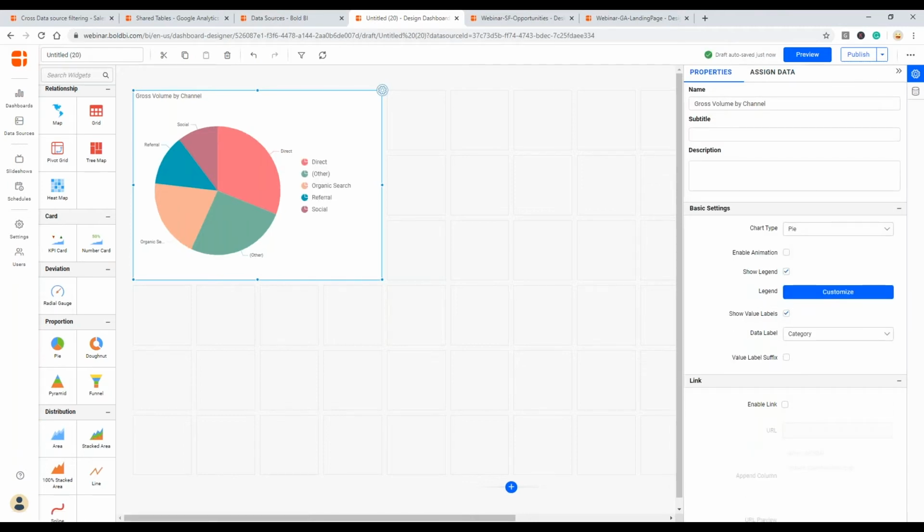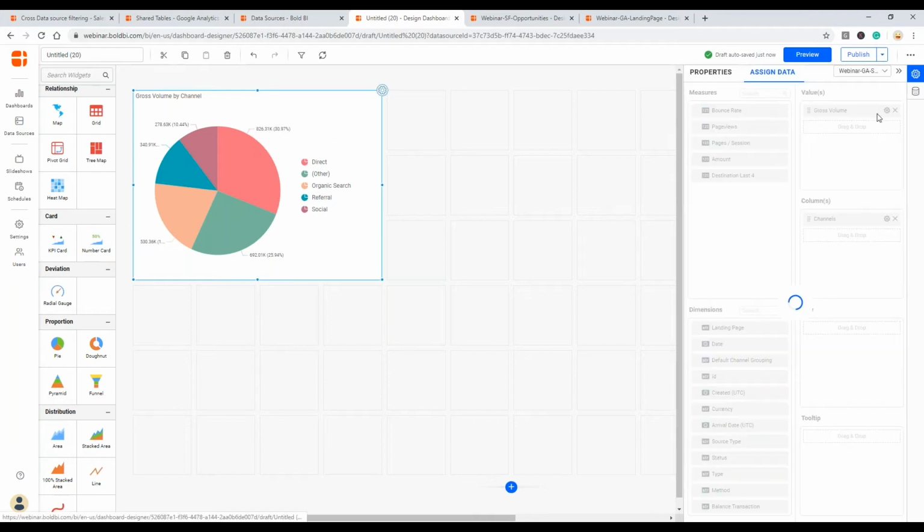In the properties, let me show the legend and show the value and percentage as well. As you see here, this is a revenue related value, so let me set the format as currency.